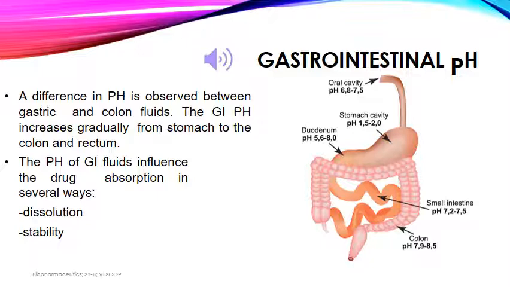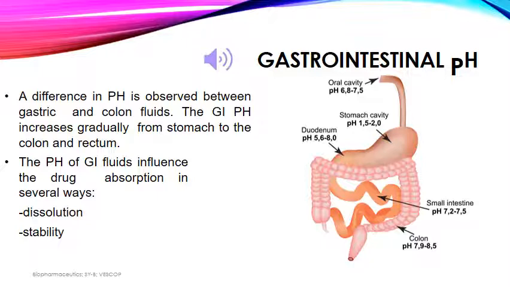Now, the specialized coating which is done to make it enteric coated, the coat dissolves only in the intestine and then the disintegration of the tablet takes place. This way, the disintegration of enteric coated formulation is pH sensitive. Then is the dissolution. Weakly acidic drugs dissolve rapidly in the alkaline pH of the intestine, whereas basic drugs dissolve in the acidic